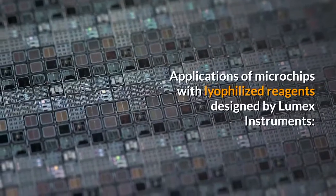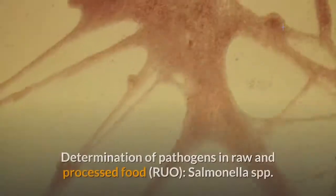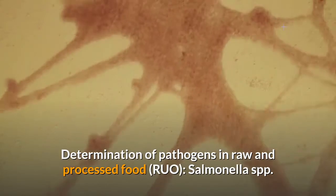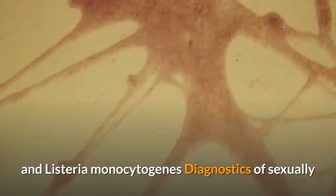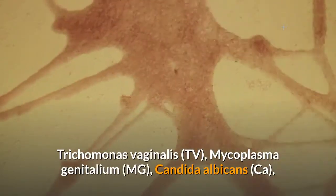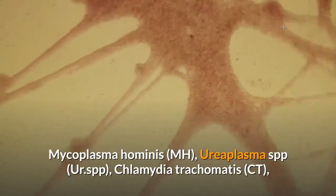Applications of microchips with lyophilized reagents designed by Lumix Instruments. Determination of pathogens in raw and processed food, RUO: Salmonella spp. and Listeria monocytogenes. Diagnostics of sexually transmitted infections in biological samples, RUO: Trichomonas vaginalis, TV, Mycoplasma genitalium, MG, Candida albicans,